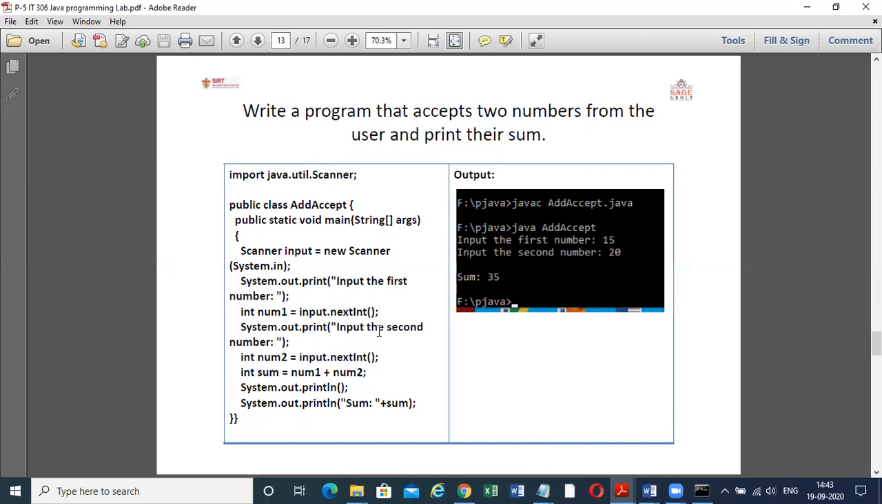So here System.out.print, input the second number, int num2 is equal to input dot nextInt. So I again take the object of that Scanner class, and the function nextInt will take input from the user. Int sum is equal to num1 plus num2. Here num1 is the first number, the input from the user, and num2 holds the input of the second number from the user. So int sum is equal to num1 plus num2, and here